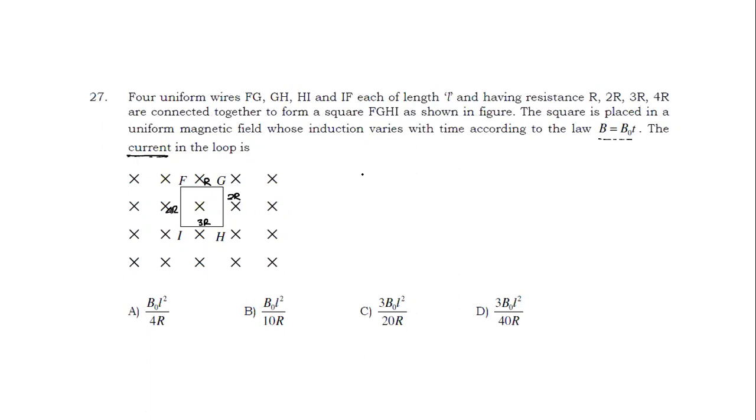So the current will be equal to the induced EMF divided by the effective resistance. And what is the EMF here? The area is not changing. This EMF is because of the change in magnetic field, so EMF will be the change in flux. The angle is 90 degrees, the field is perpendicular to the area. The effective resistance is easy, it is 10R. So this was also an easy question, and I hope all of you are easy in your mind. It is clear how to easily solve this question.